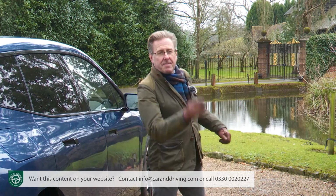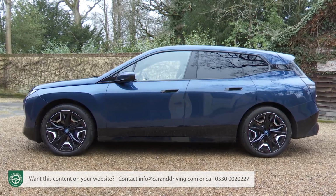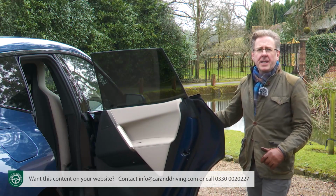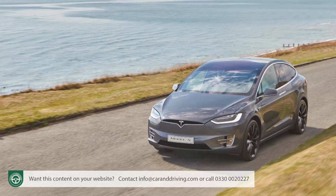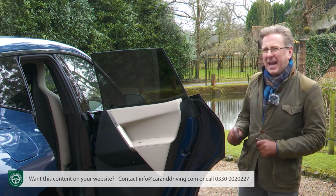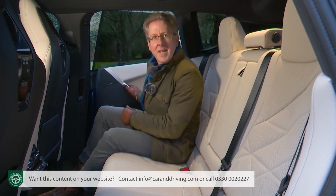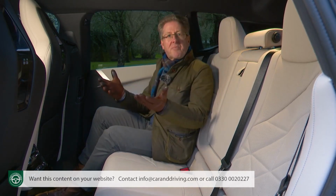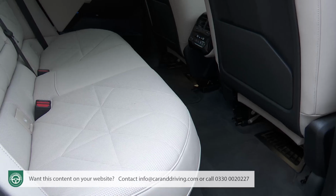Right, let's move rearwards. Now, despite the fact that there's over 3 metres between the axles here, BMW has elected not to make this a 7-seater. So you'll need to choose a Tesla Model X in this class if that's what you need. Still, that decision ought to benefit backseat room. And sure enough, it feels properly spacious back here, aided by these rear quarter-light windows and the kind of completely